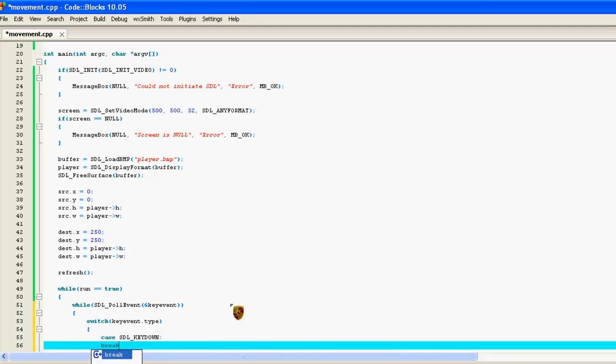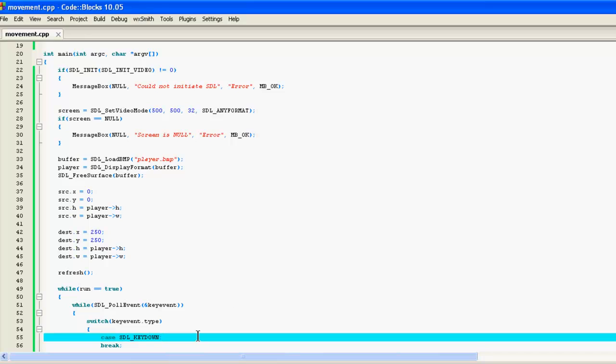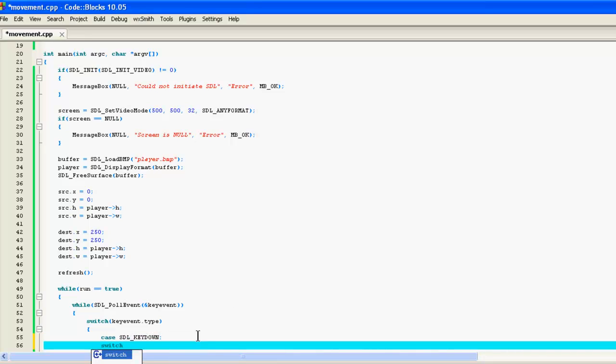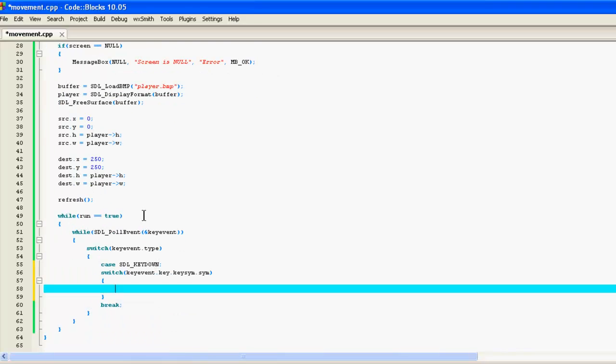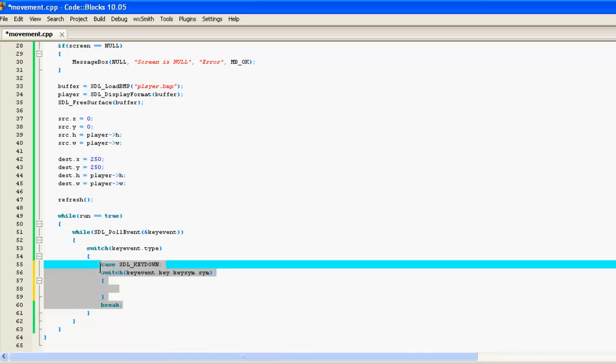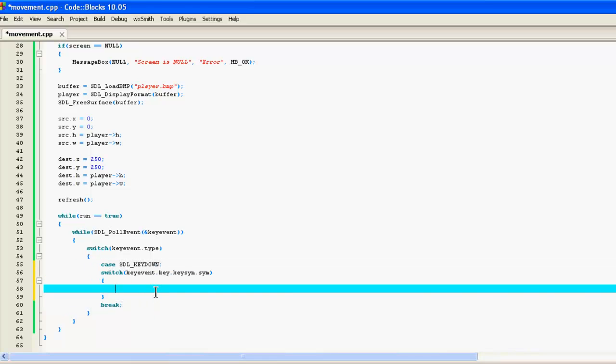So when somebody pushes a key down, switch key event dot key dot keysym, and this function right here will check to see which key actually was pressed down. So this whole case right here deals with keys being pushed down,